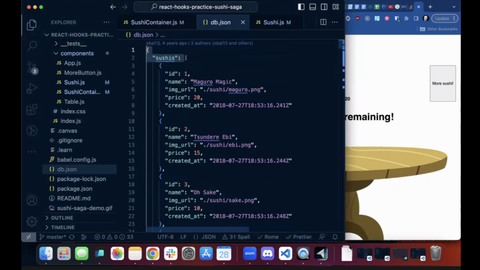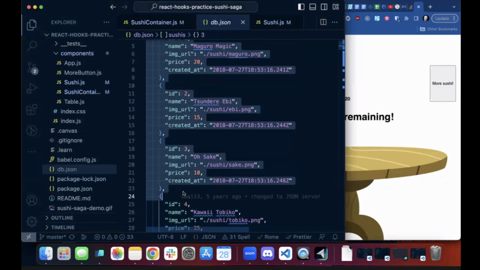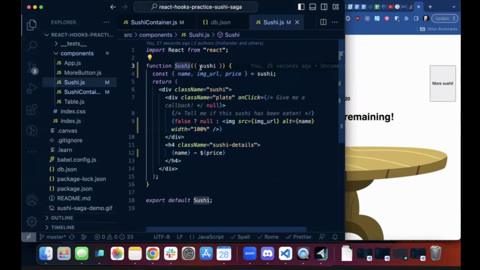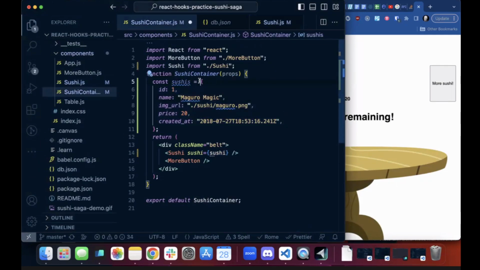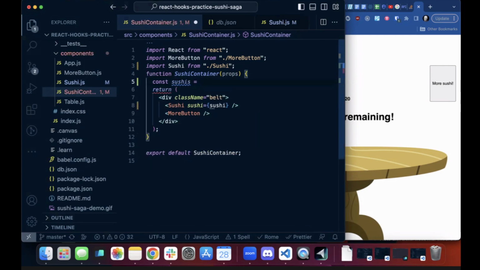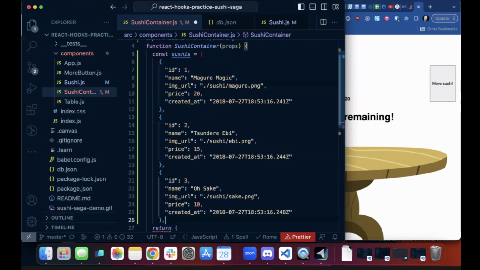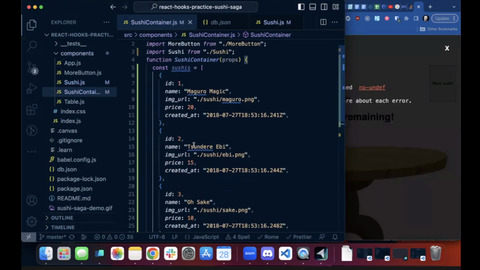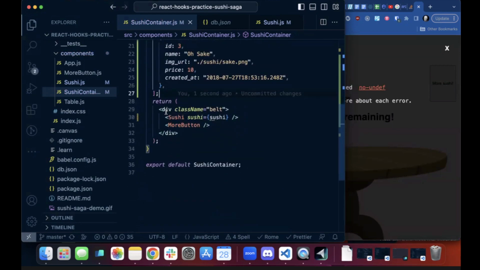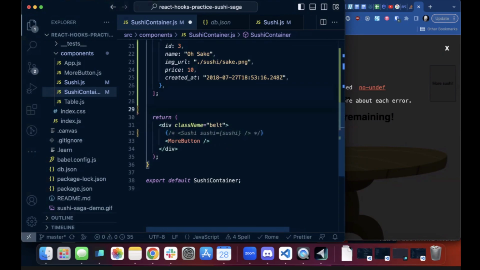I'm just going to grab like 3 and go back to my sushi container and say sushis equals this array of 3 objects. And I can't do this anymore. So I'll say